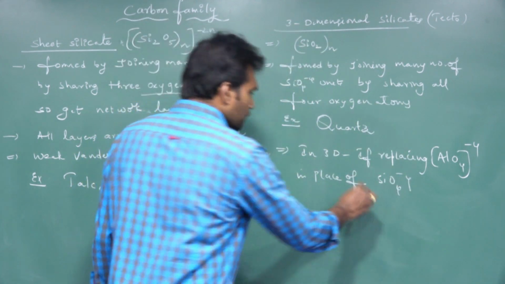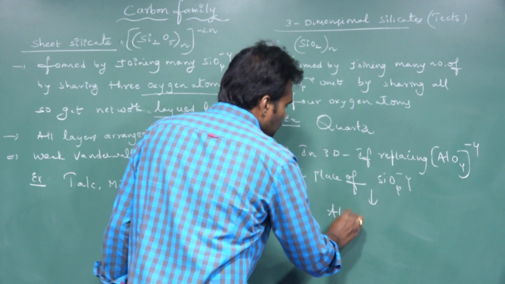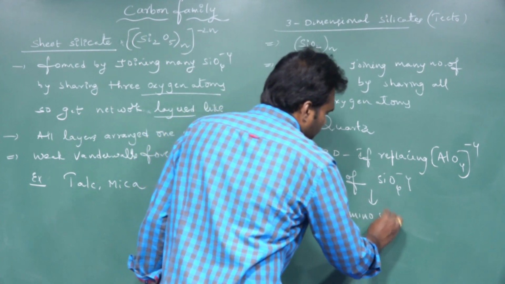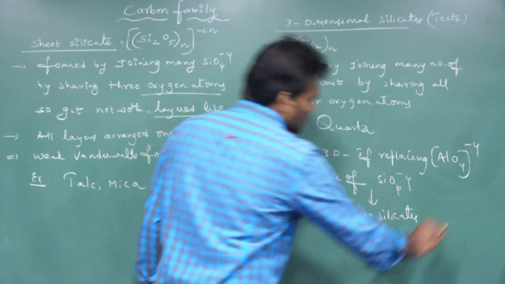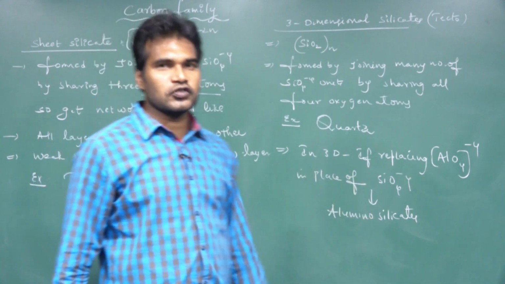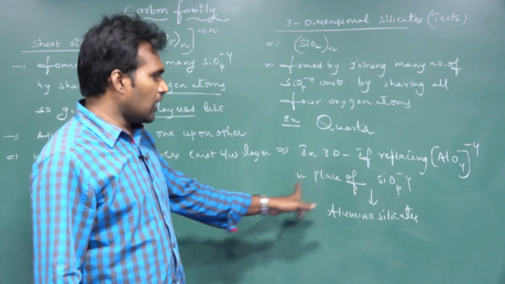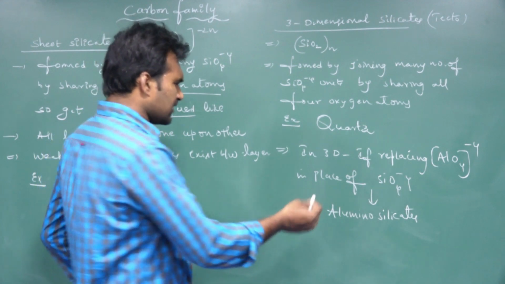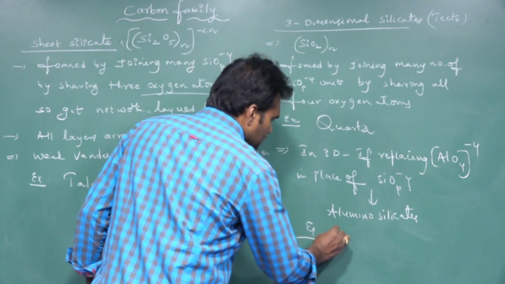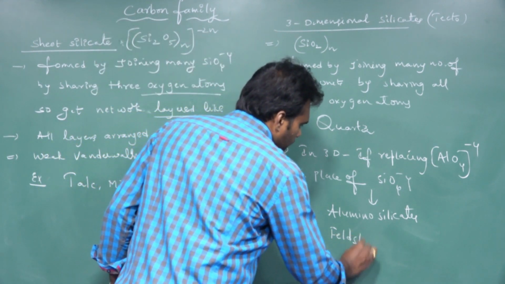Then what do we call them? We call them aluminosilicates. The best examples for these aluminosilicates are feldspar